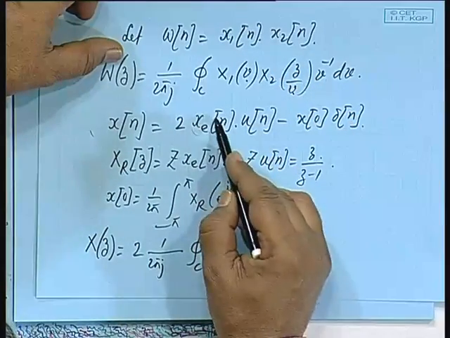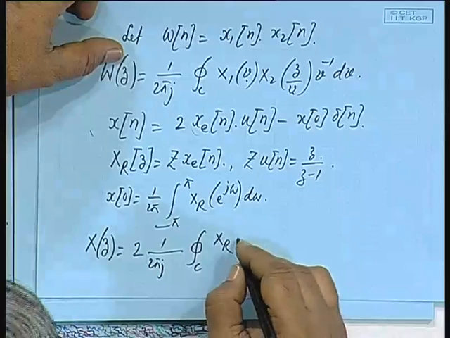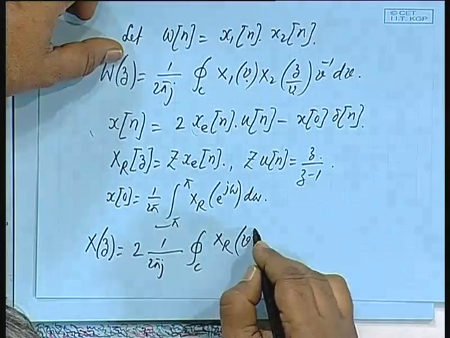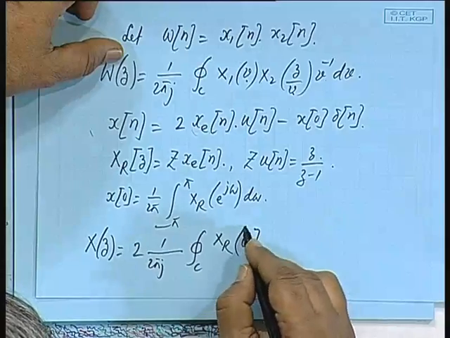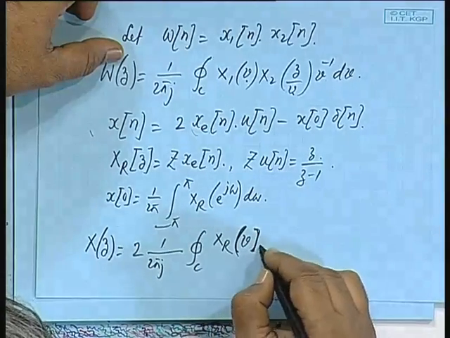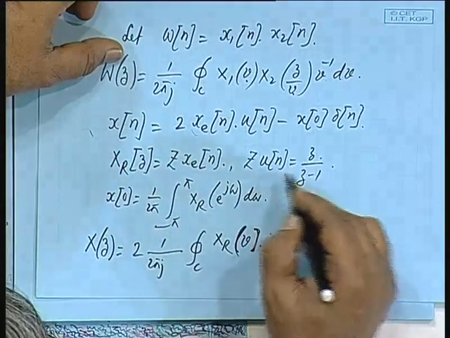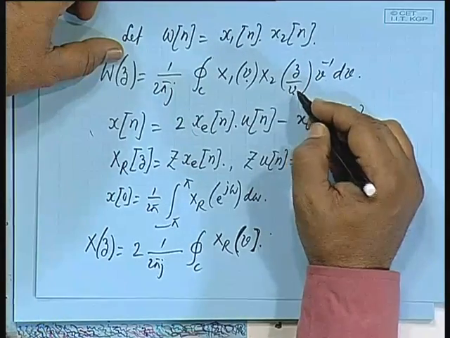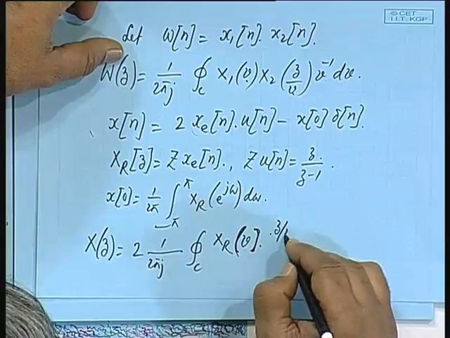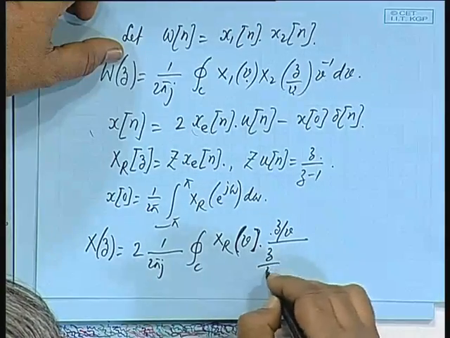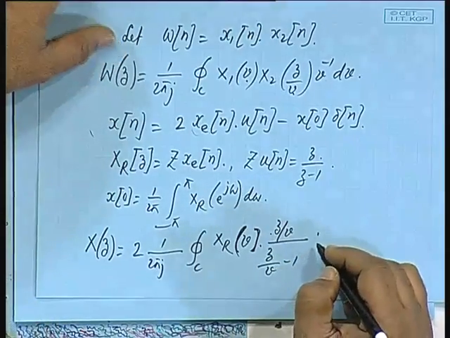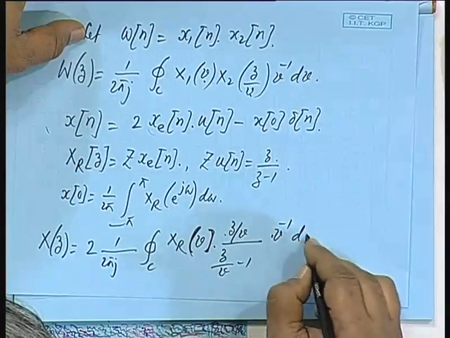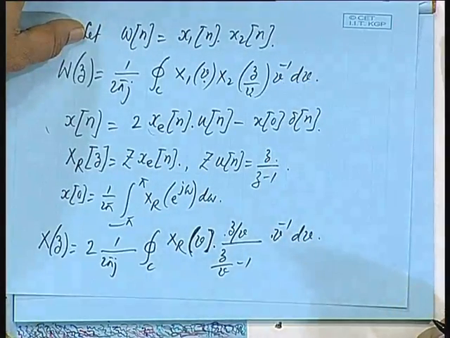So, corresponding to this is X_R, I will put v, is that all right? And then z by z minus 1. So, z should be replaced by z by v, is it not? So, z by v divided by z by v minus 1, into v to the power minus 1 into dv,